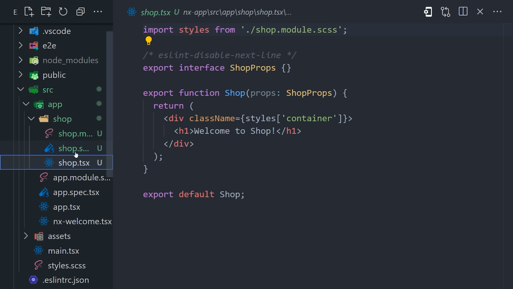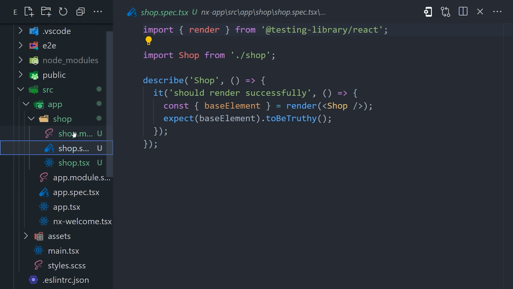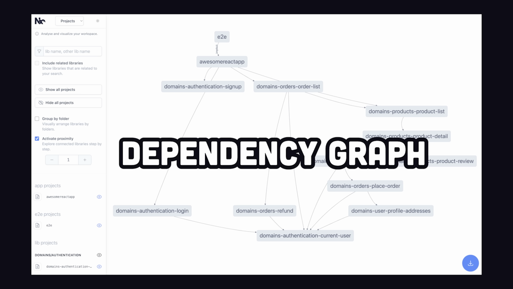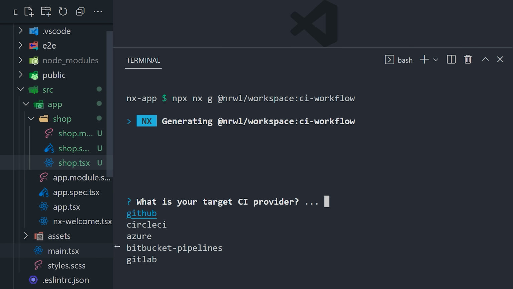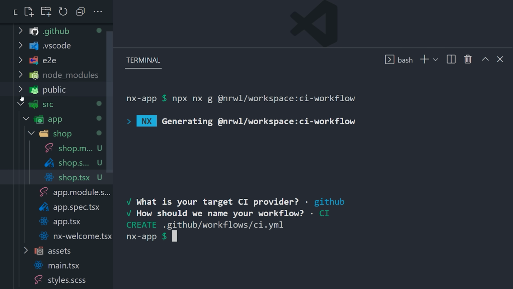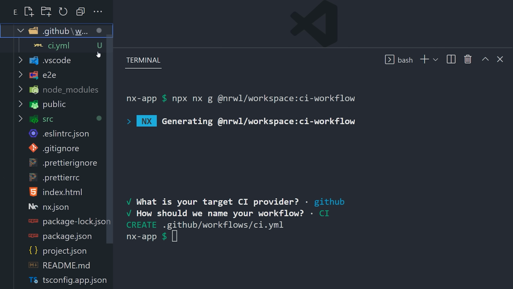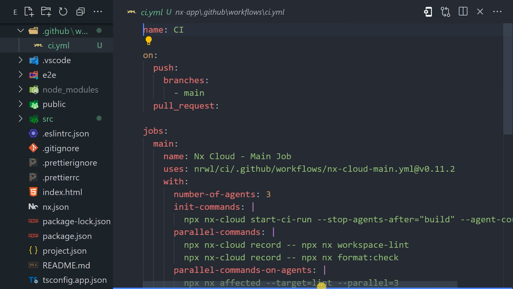Then from there, you can visualize how all your code is related with the NX graph command. And finally, when it comes time to automate with continuous integration and delivery, you can easily make that happen by generating a CI workflow. Just choose a provider, then it writes all the boring, error-prone configuration for you. That's pretty cool, and NX can be used in other React frameworks as well, but what if you want more